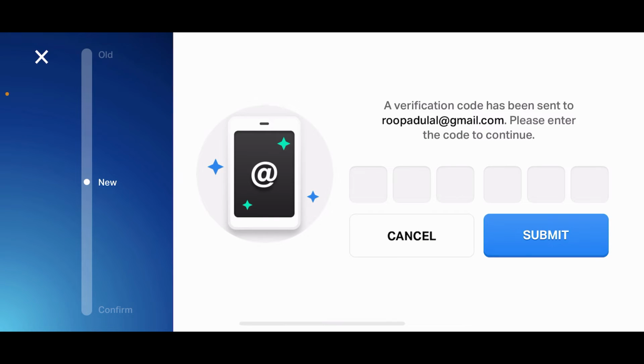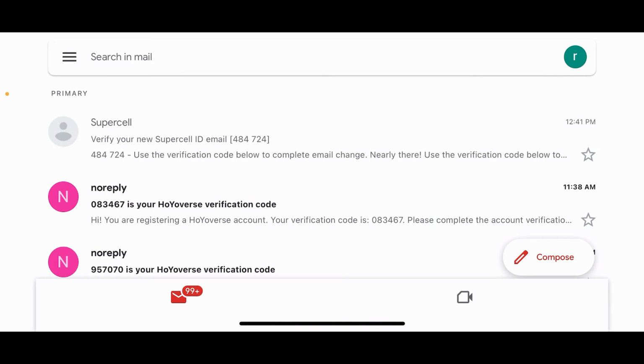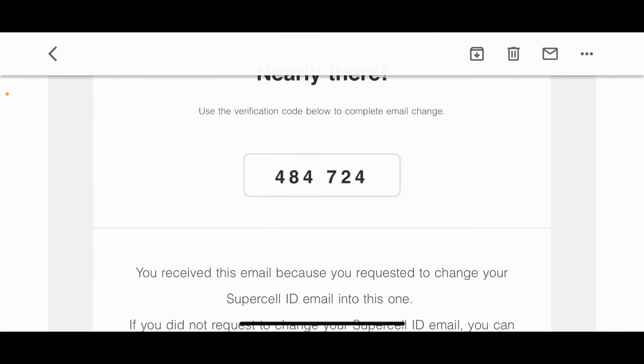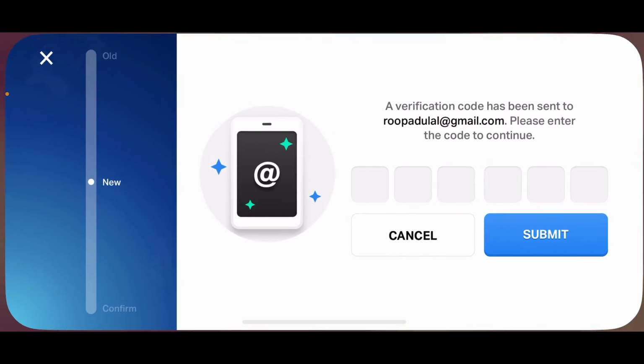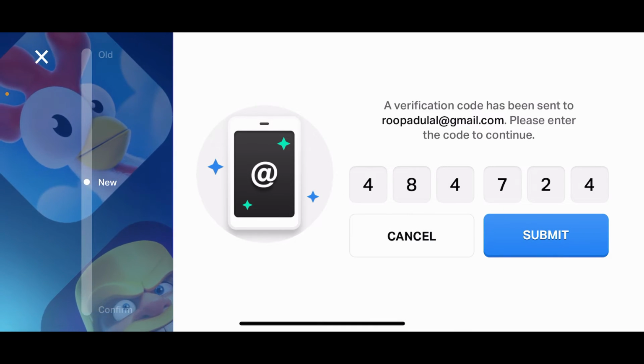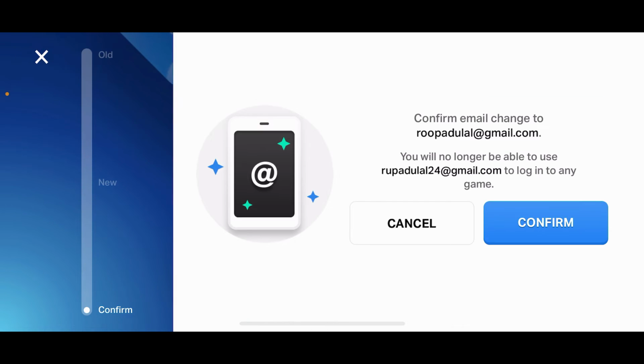Now you'll again need to verify this new email address. Open up the new email inbox and you'll receive an email from Supercell with the code in it. Tap on it and then copy the code again. Go back to Heyday app and paste in the new code. After pasting in the new email verification code, tap on Submit, tap on Confirm, and it says that if you